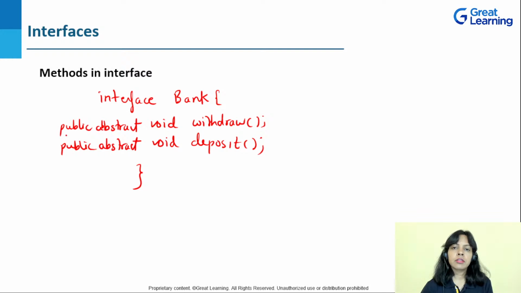Why is it public? So that this method can be accessed by another class which is implementing this interface. Okay, why is it abstract? It's abstract because an interface provides the outline. It doesn't provide the implementation of the methods. That's why it should be abstract. Abstract method means it will not have its implementation there. It will just have its declaration there. So you can see it is ending with a semicolon, meaning there is no implementation code here. For implementation, this interface has to be implemented by a class and there the implementation has to be provided.